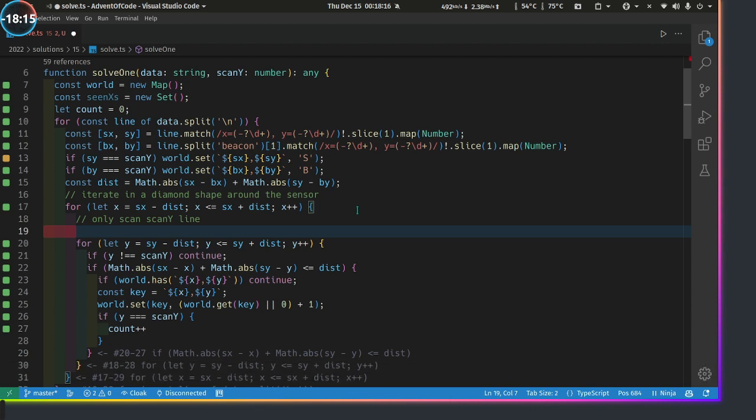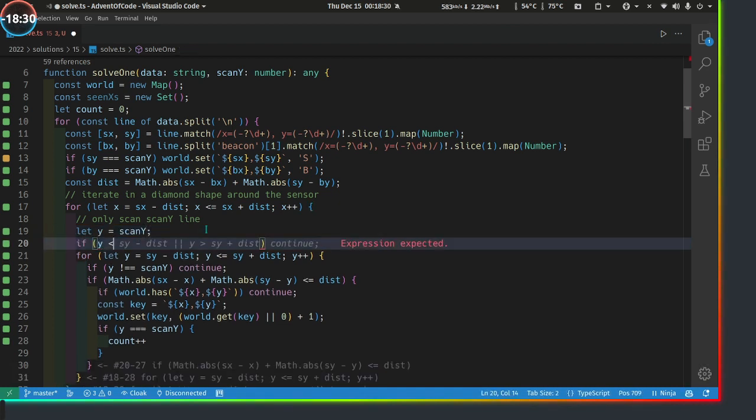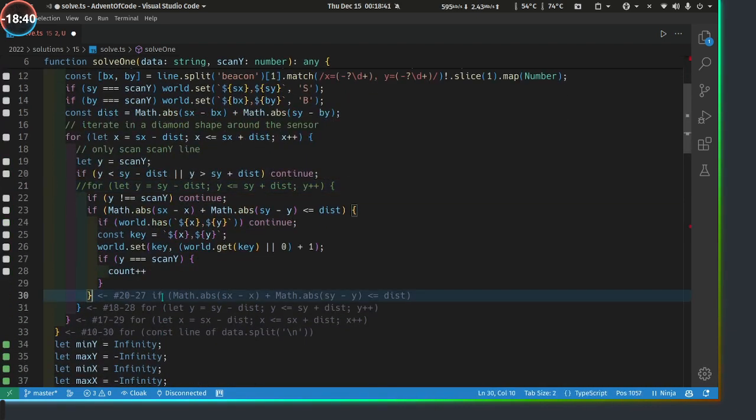Scan Y line. How do we say that? Okay, let Y equal scan Y, if Y less than or equal, less than, and I need to figure out how to properly